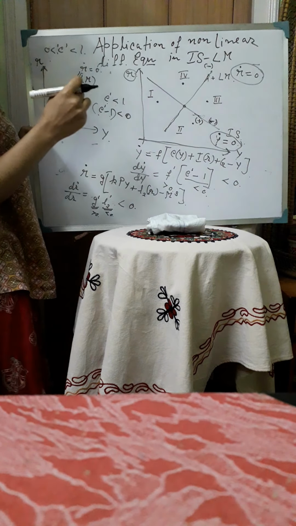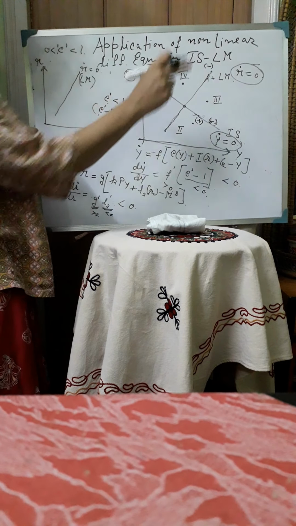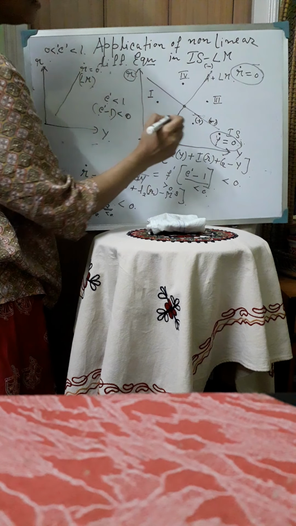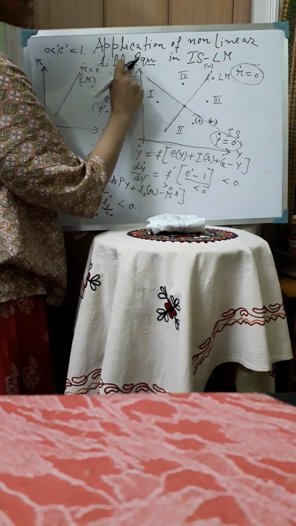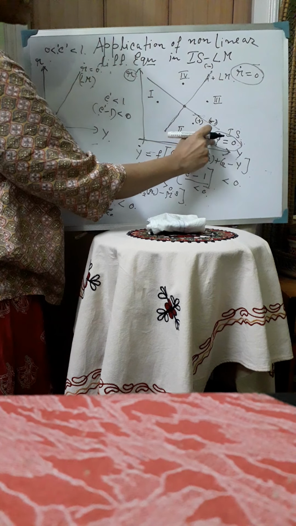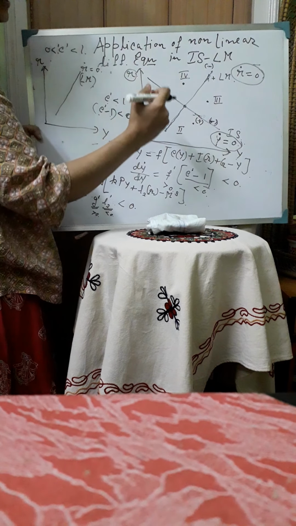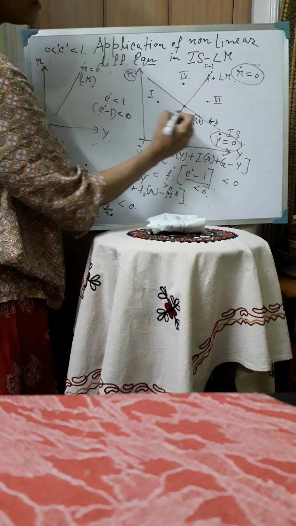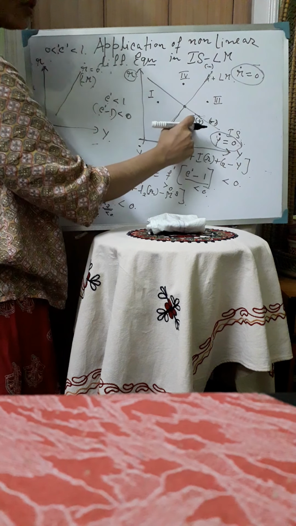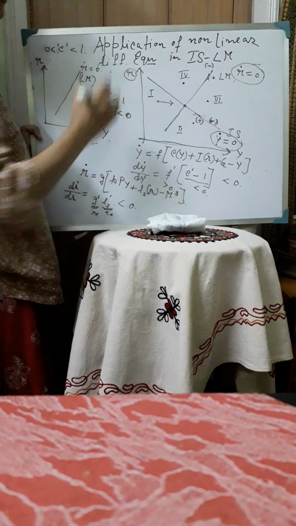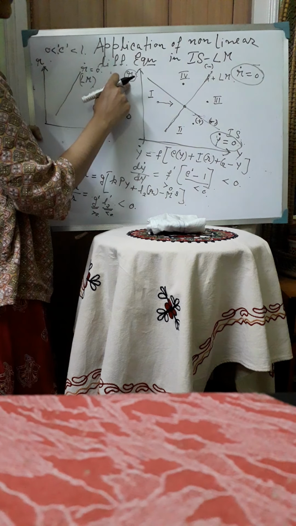Now we shall consider the intertemporal movement of y and r in different regions. So let's start from region 1. Now in region 1, as per the IS curve, y dot is positive, and to the right of the IS curve, y dot is negative. So for getting the equilibrium in the goods market, y dot should fall from positive value to 0 value. So therefore we can say that y rises.